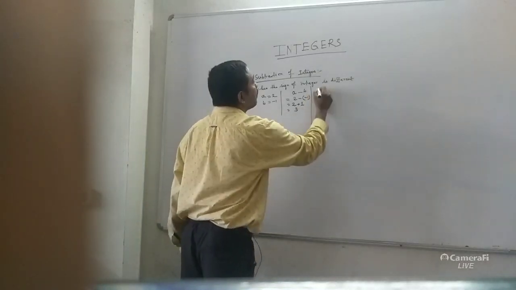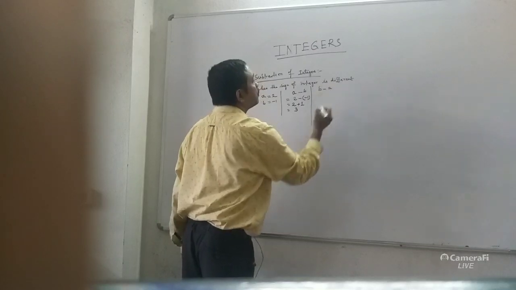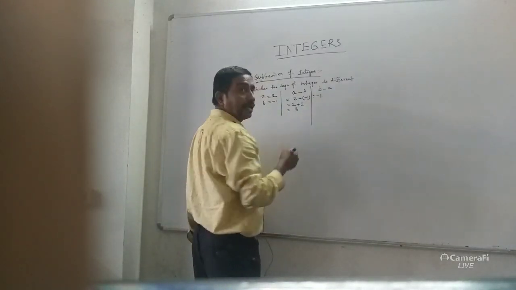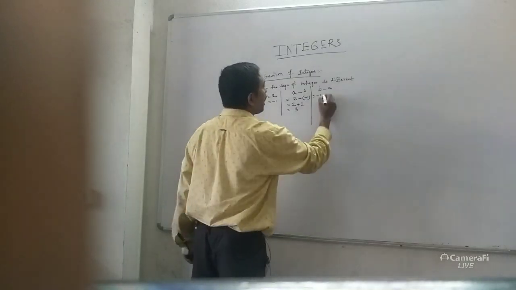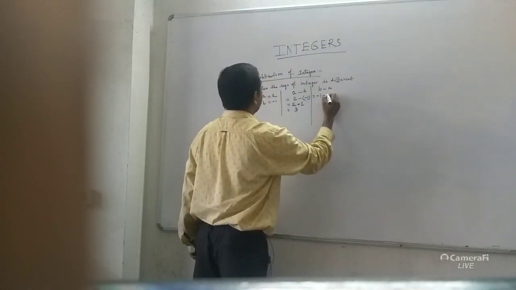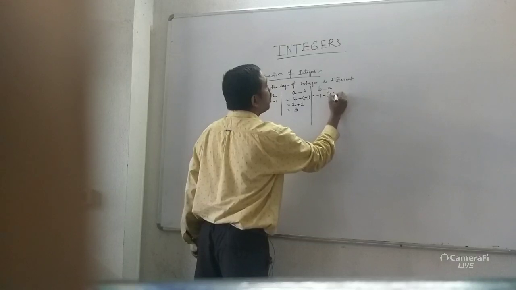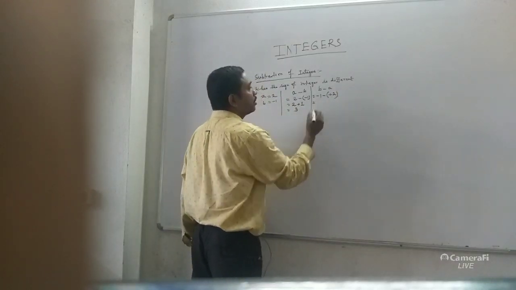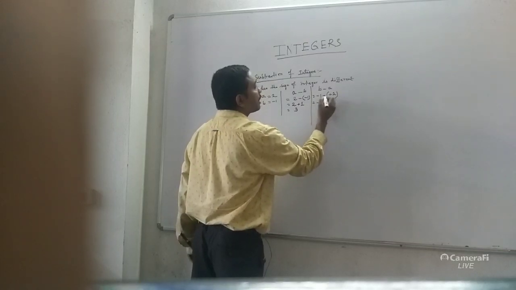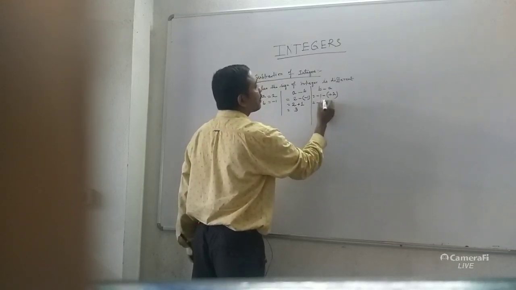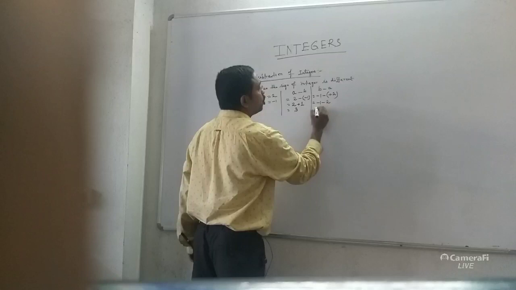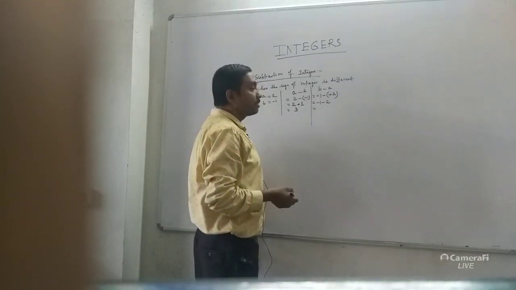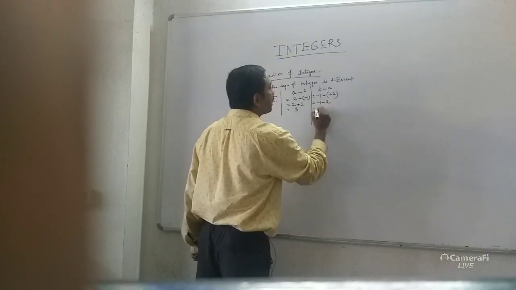Suppose you find B minus A. So how do you find it? Write B equals minus 1, minus A. What is the value of A? Plus 2. Having no sign means plus sign. So 2 has a plus sign here. So minus 1, minus, plus 2. Here also you do the multiplication: minus times plus gives minus 2. Now here you do the addition, because both have the same sign. So 2 plus 1 is 3, minus 3.